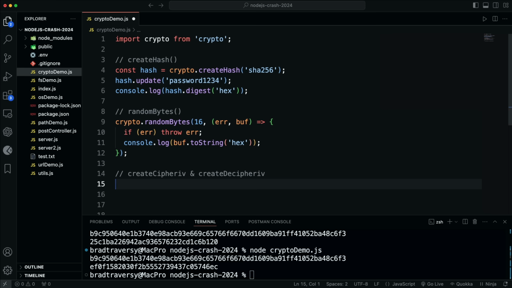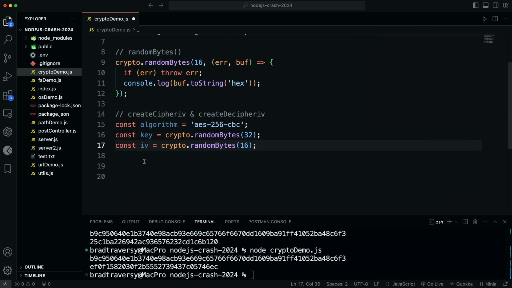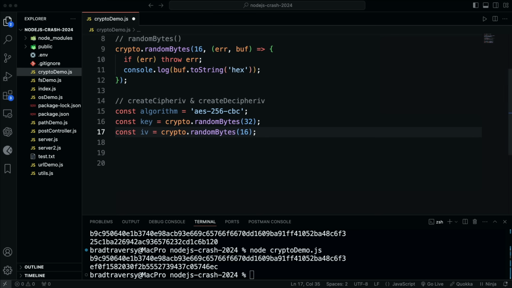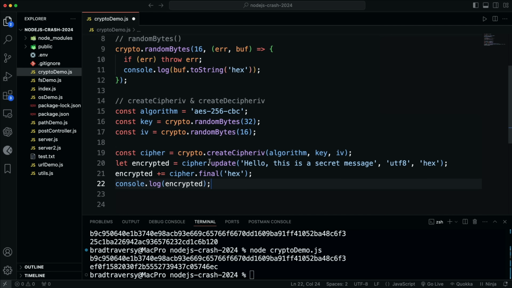So we need three things. We need the algorithm. So in this case, we're using the aes-256-cbc algorithm. If you go to the docs, you can see the different algorithms that are available. And then we have our key, which is just going to be a random string, and we're passing in 32. And then the IV, also just a random string of 16. And then to encrypt or get our ciphertext, we can use